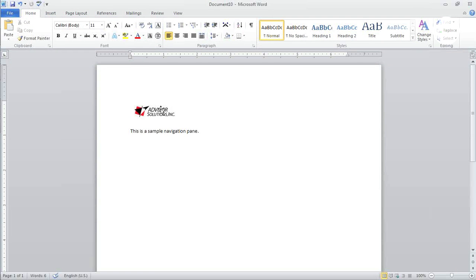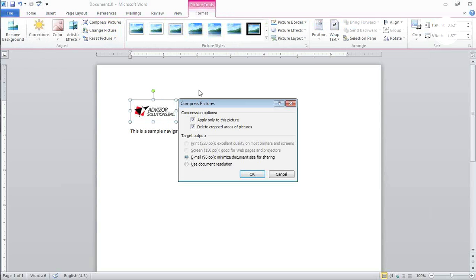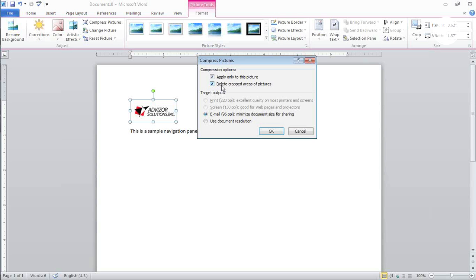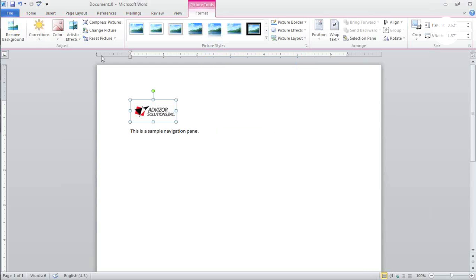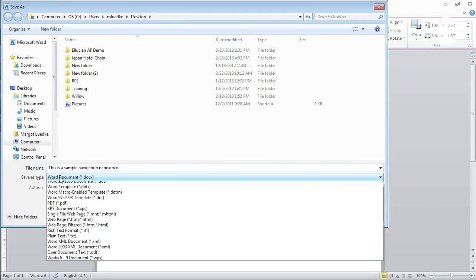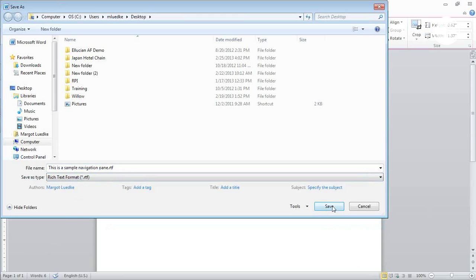So to compress a picture, just click on it. Make sure you're in the Picture Tools. Go to Compress Pictures. And you'll get a dialog box, and this is where you want to make sure that Delete Cropped Areas of Pictures is checked, and click OK. And then you just need to save the document and make sure you specify it as RTF. So go to Save As and select Rich Text Format, and save,